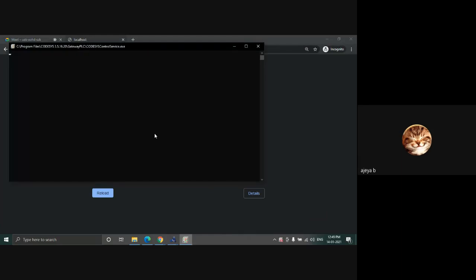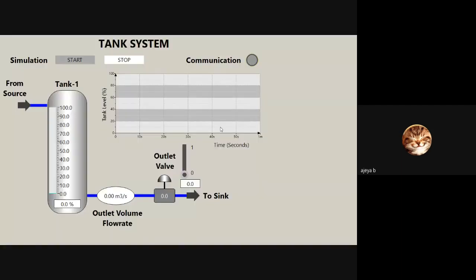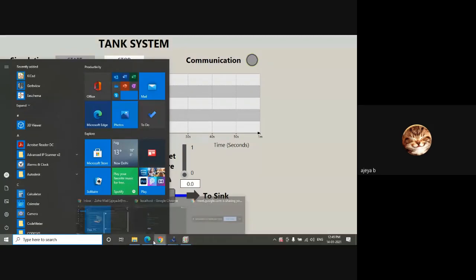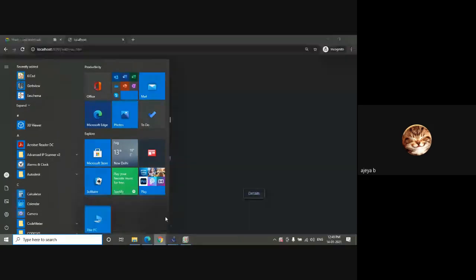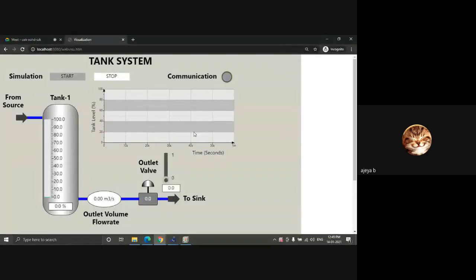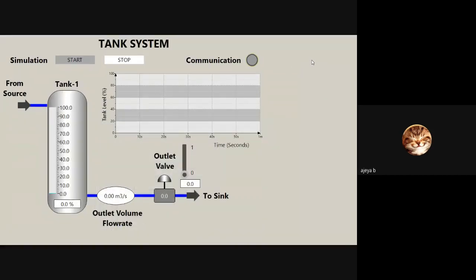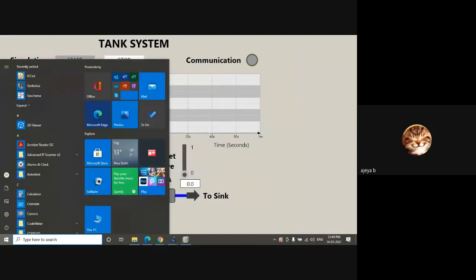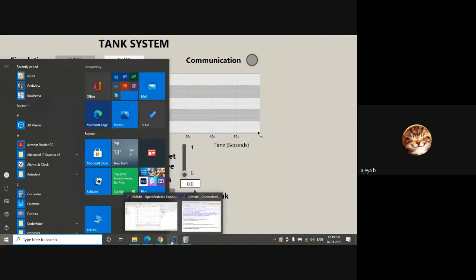So that CodeSys environment, whatever we learned before, is a development environment where you can put the functions and the variables, or the configuration of the PLC can be done. For running, you don't necessarily need that.